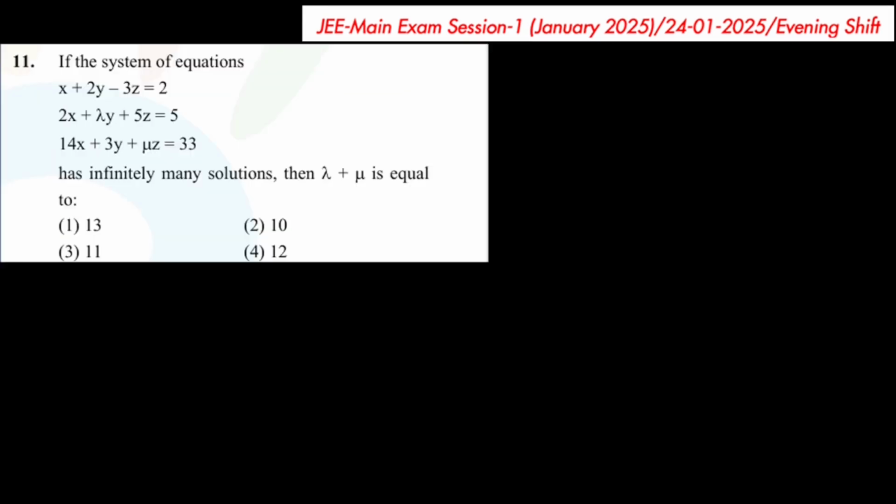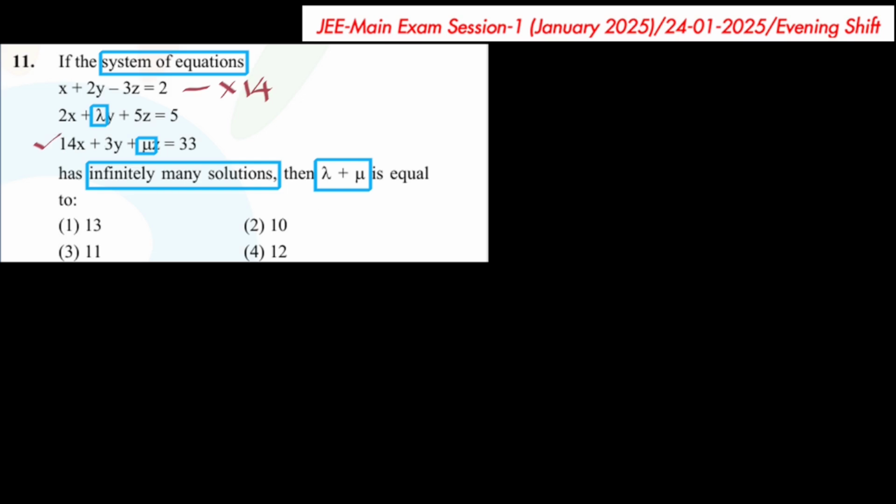This system of equations has infinitely many solutions. Here lambda and mu are unknowns and we have to find value of lambda plus mu. We will solve this question in a different way. These are equations in 3 variables. We will eliminate variable x and convert them into system of equations in 2 variables and then apply the condition of infinitely many solutions. So for that, first we will multiply this first equation by 14 and then subtract from